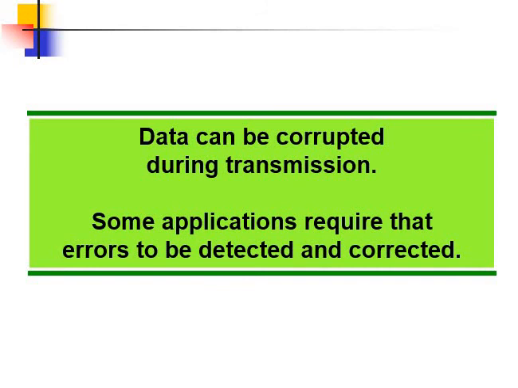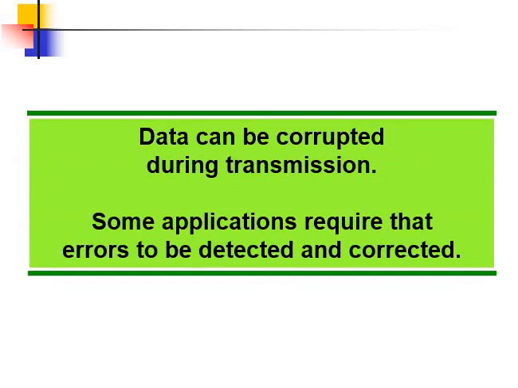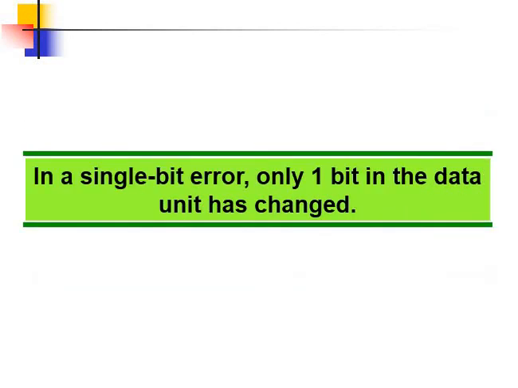When the sender sends the information through the medium, there may be a chance of corruption of bits. So this will generate errors in the data. So it has to be detected in order to get the confidentiality of the information. So in the information we may have single bit error or burst errors.